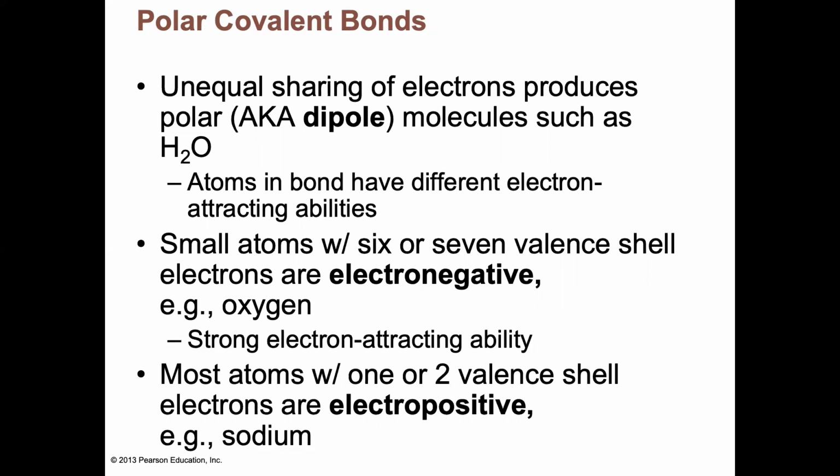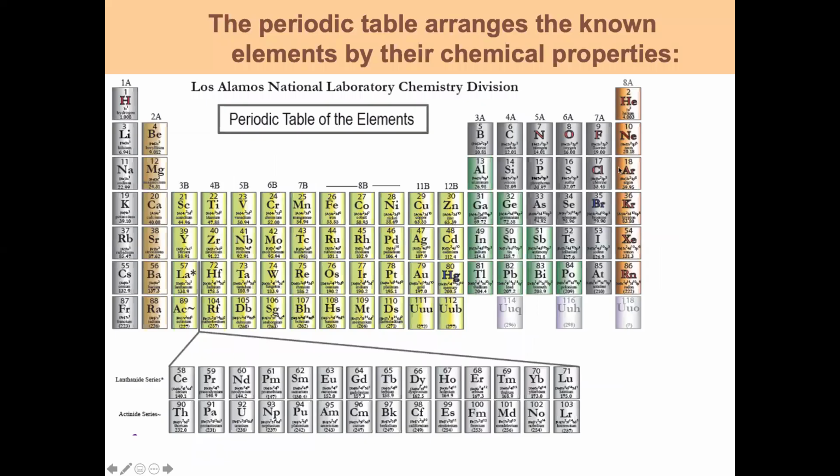So if we go back to the periodic table, the electronegative atoms, which are the ones that tend to pull electrons towards them, where would they be? Well, they're going to be to the right of carbon over here. They're in this area,